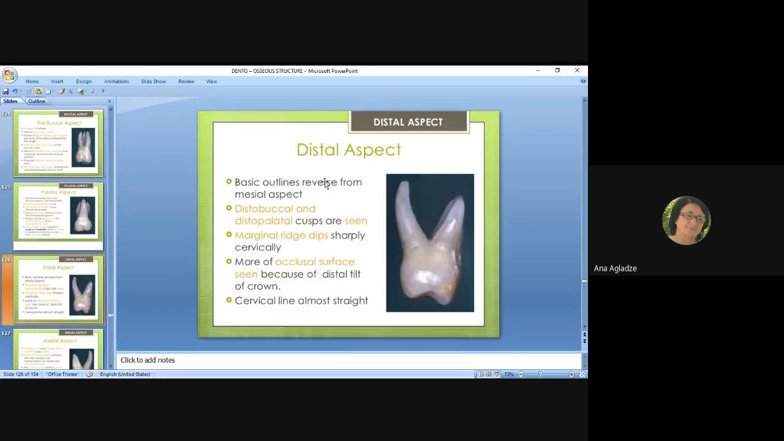This is the distal aspect, and you can see that distobuccal and distopalatal cusps are seen here. Then the marginal ridge dips sharply cervically. More of the occlusal surface is seen because of the distal tilt of the crown and the cervical line is almost right. Then